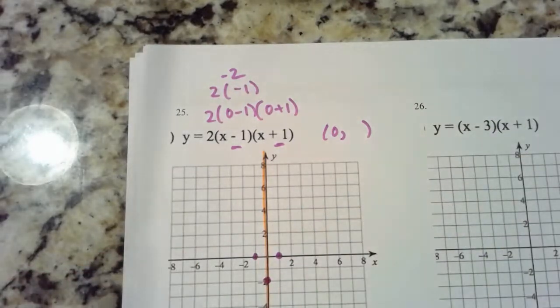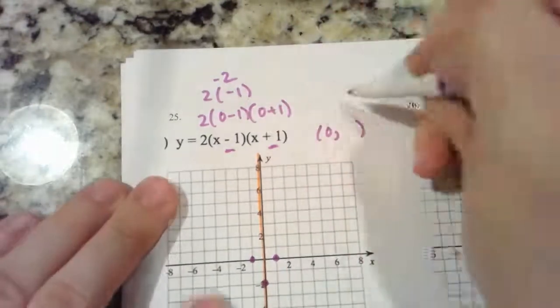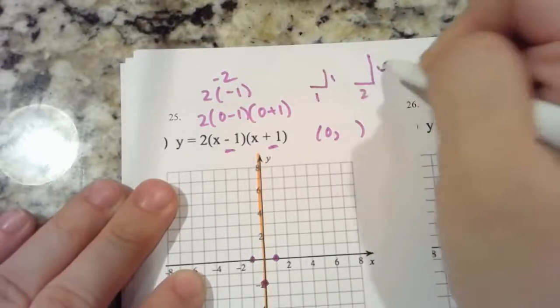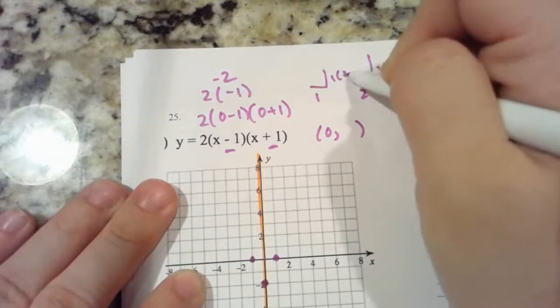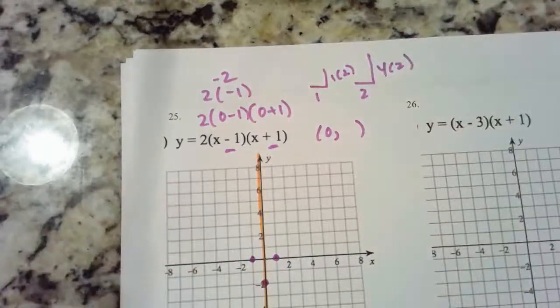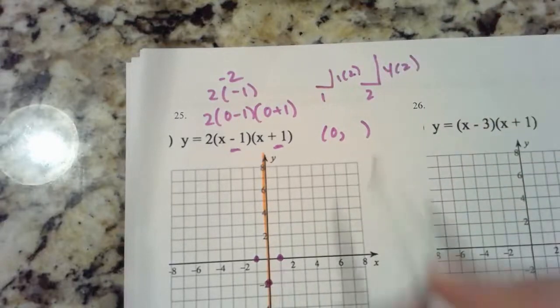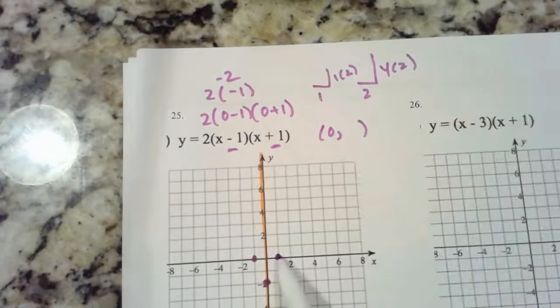Now I do want to put in more than the 3 points, just because I want my graph to look accurate. So what's the general pattern? Over 1, up 1, over 2, up 4. But in this case, I'm going to multiply all of my ups by 2. Why do I multiply all of my ups by 2? It is because a equals 2. So to find the next point, rather than going over 1, up 1, over 1, up 2,